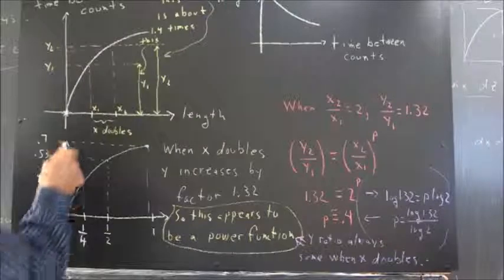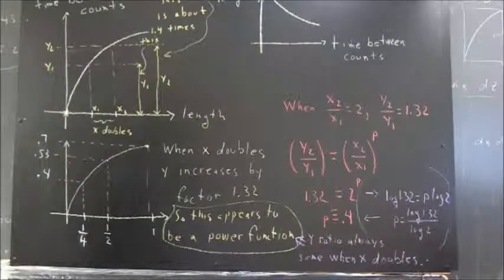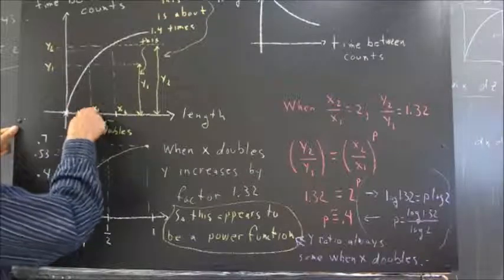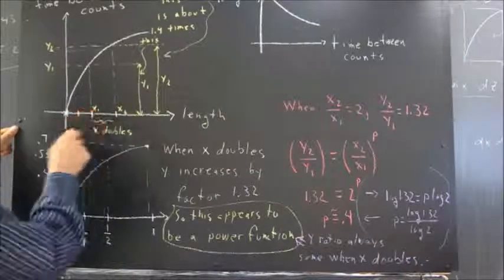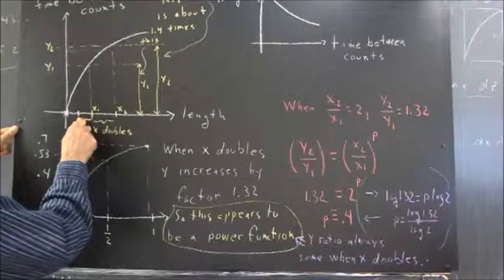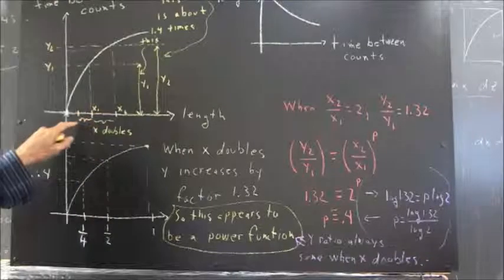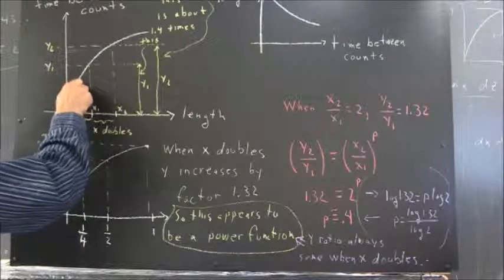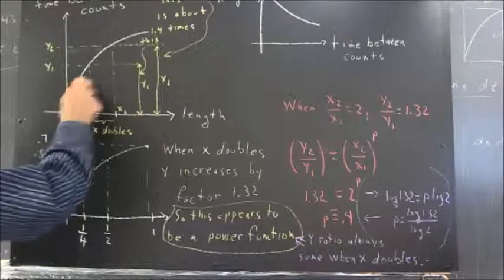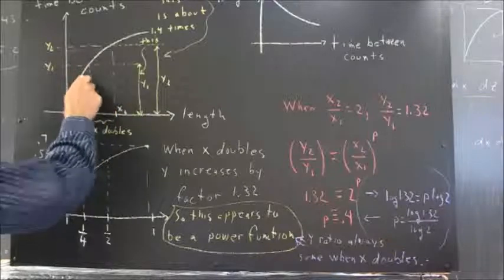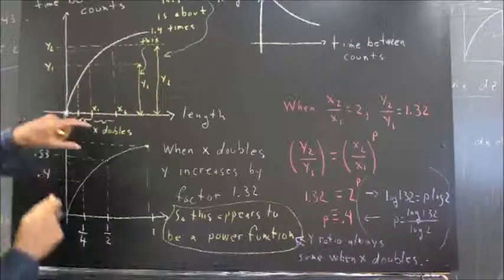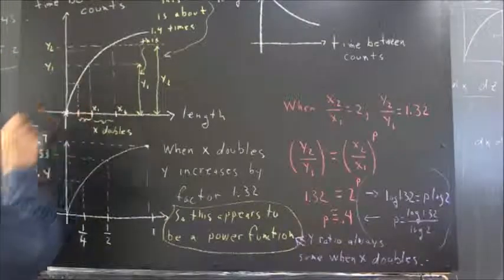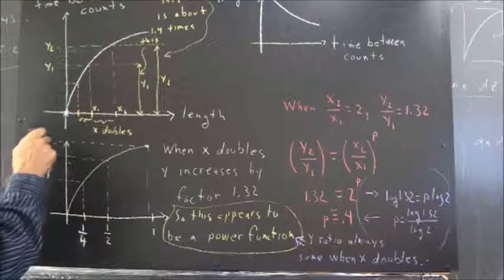Let's go ahead and get another pair of x values, okay? And let's just take this value and this value, okay? So here, again, the x value doubles between here and here. Now what happens to the y value? Well, of course, I'm doing this freehand, and it's not going to be really great. But the second y value would be this one, and the first y value would be this one. So we would be comparing,